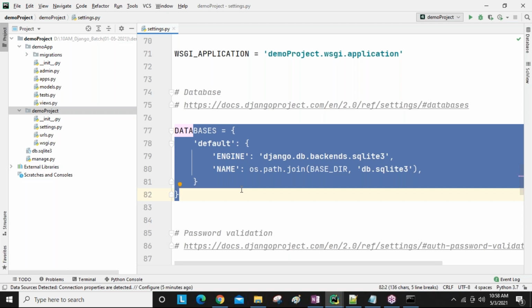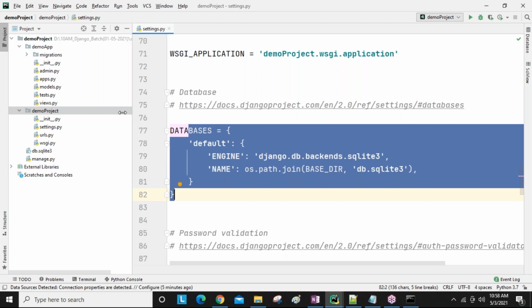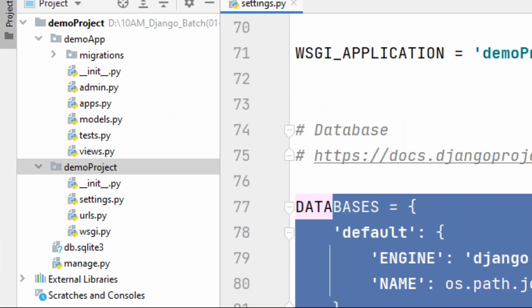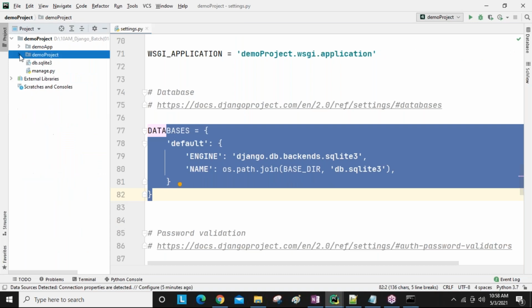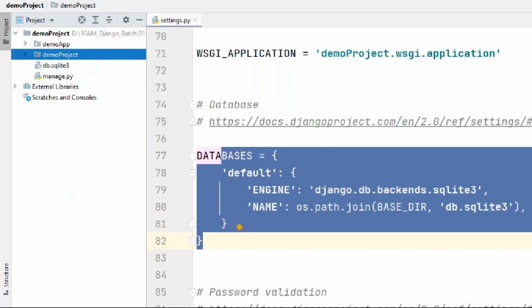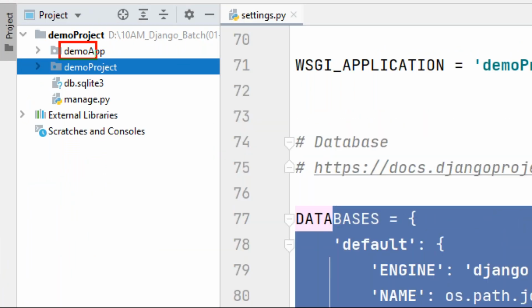We have a database section. There we will discuss much more about the DB, how we add it, what modules are required, everything we will discuss. Okay guys, today my intention is just to add my application name inside the installed apps section, and also one more point. So you can minimize here. Now guys, here demo app application name, project name, and manage.py are there. After running the server, you are getting this one.